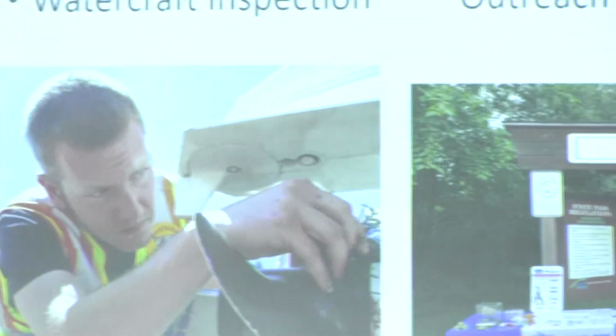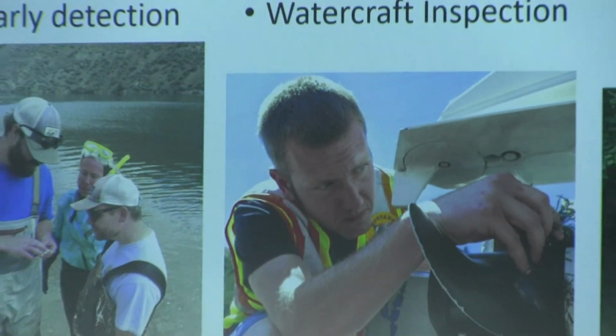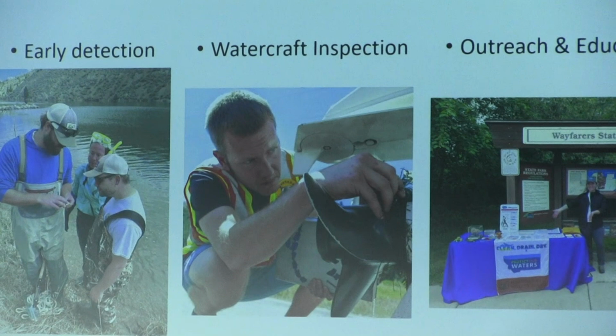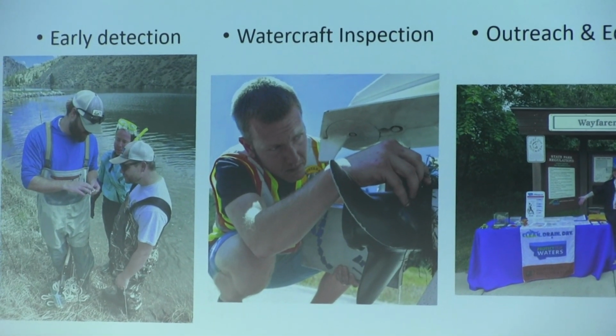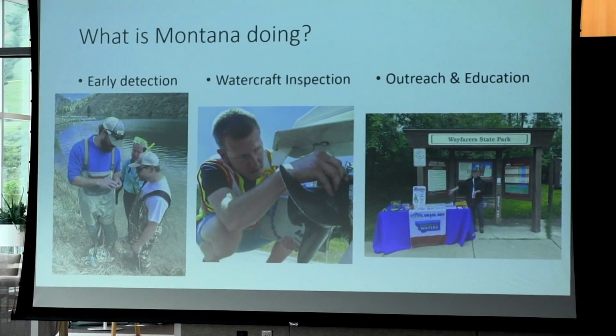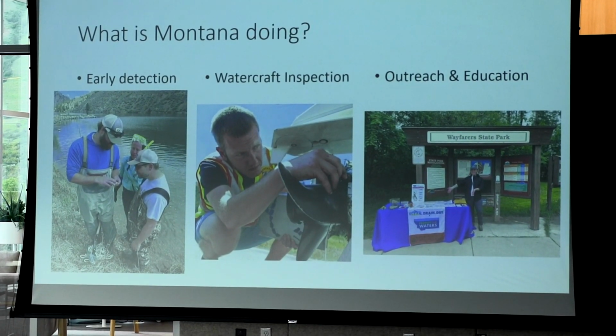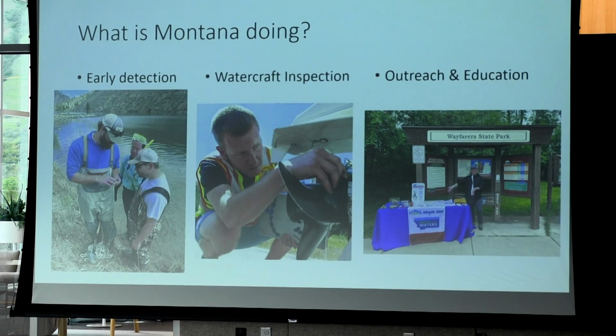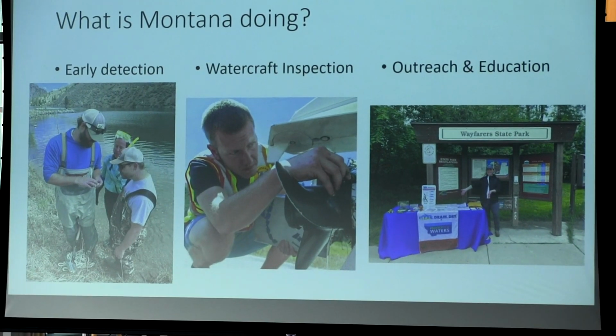Our early detection folks are the ones who go out and survey all the water bodies that they can. We have a map that has an algorithm that shows us where the areas of highest risk are. That usually takes into account the number of out-of-state boats that we see, the number of boat traffic versus foot traffic, these types of risk factors that we can quantify. And so they'll prioritize those, and we try to get as many places as we can, and then we continue to check up on the progress if we do find invasive species.